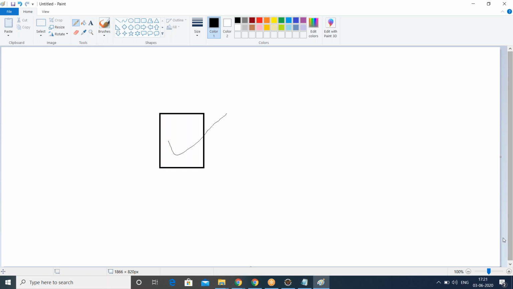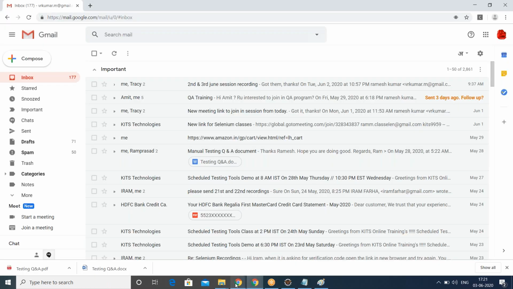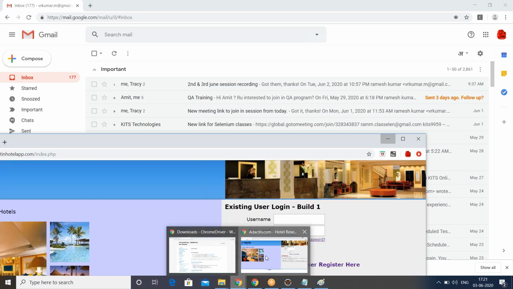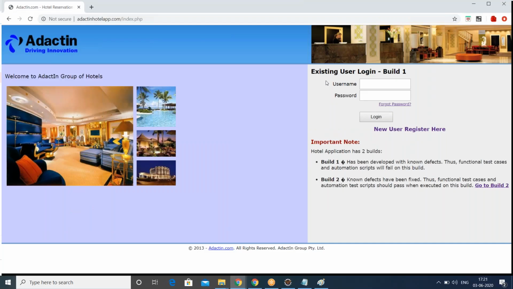Yes or no, guys? Generally, like I agree to terms and conditions, usually we will see checkboxes. One small box will be there. Inside this, you are going to put a tick mark. So even checkboxes are available in our application. If you open this, checkboxes are also available.